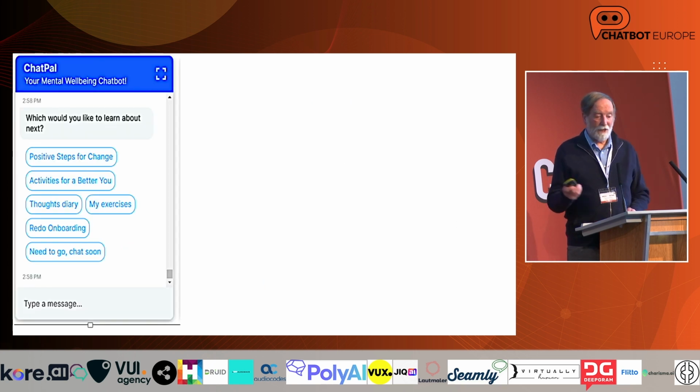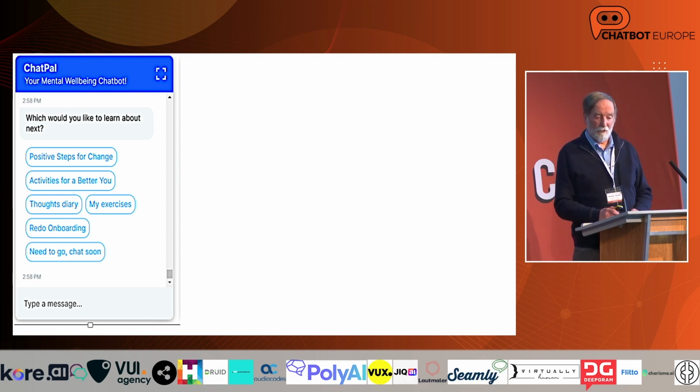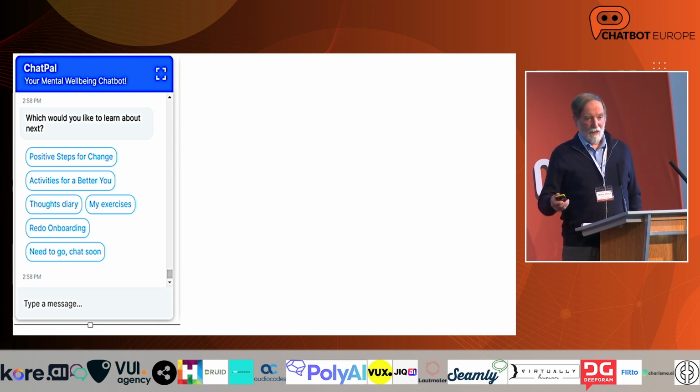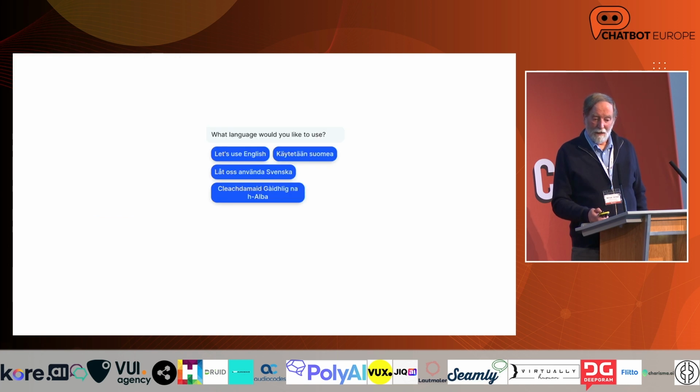So there's just a very simple example of the interaction. You can see the system is just prompting, basically, for what the person would like to learn about next, and they have a choice. They could, in theory, type in a message, but we didn't put a lot of effort into developing intent recognition from user input. And so if it happened to match pretty much the intent that it was supposed to, then that would work okay. But to a large extent, it would result in, "Sorry, I don't understand that," and some sort of remedy then.